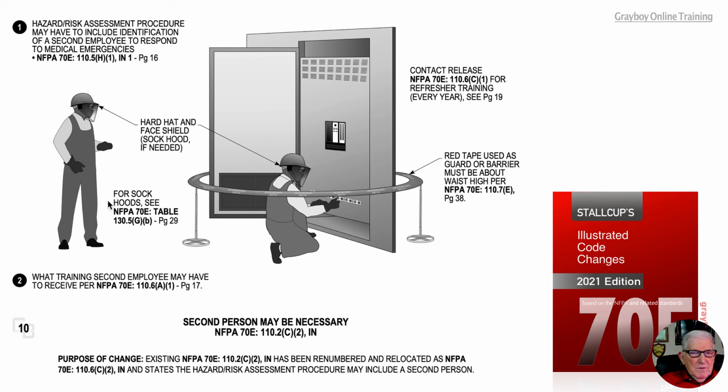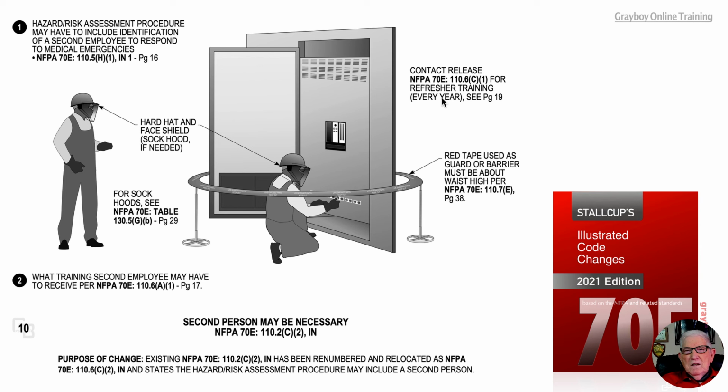Now, notice the item number 2 below the second person. What training the second person or the second employee may have to receive is outlined in 110.6A1 on page 17. Now notice the contact release requirements that a second person must be qualified to perform is outlined in 110.6C1. And of course, we have a refresher training every year where such a person may be required,